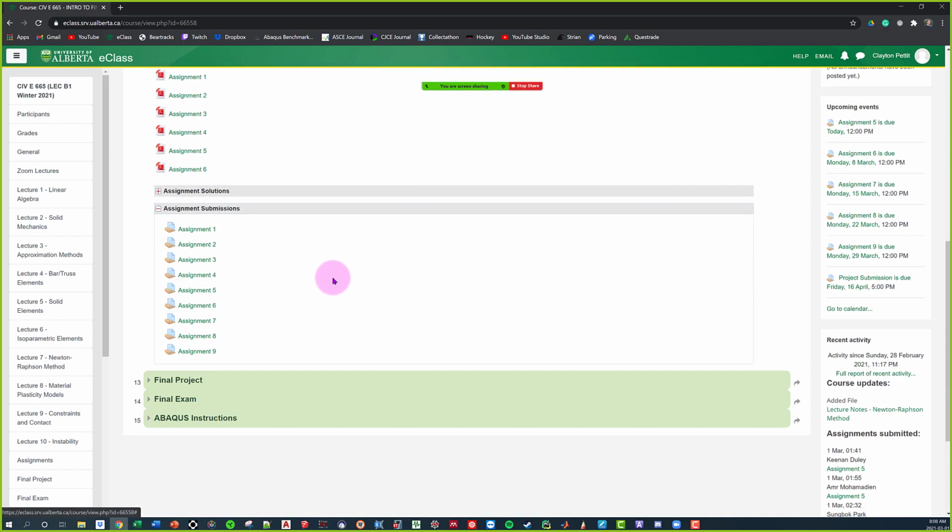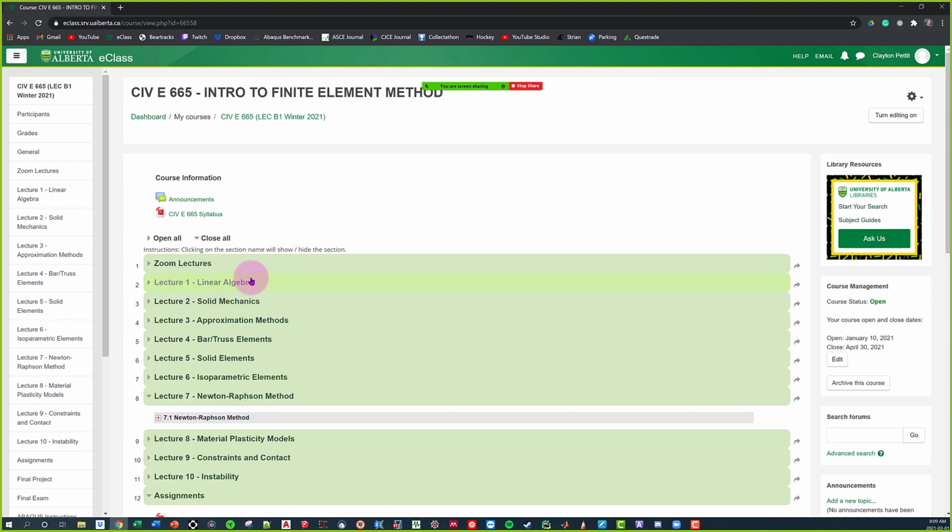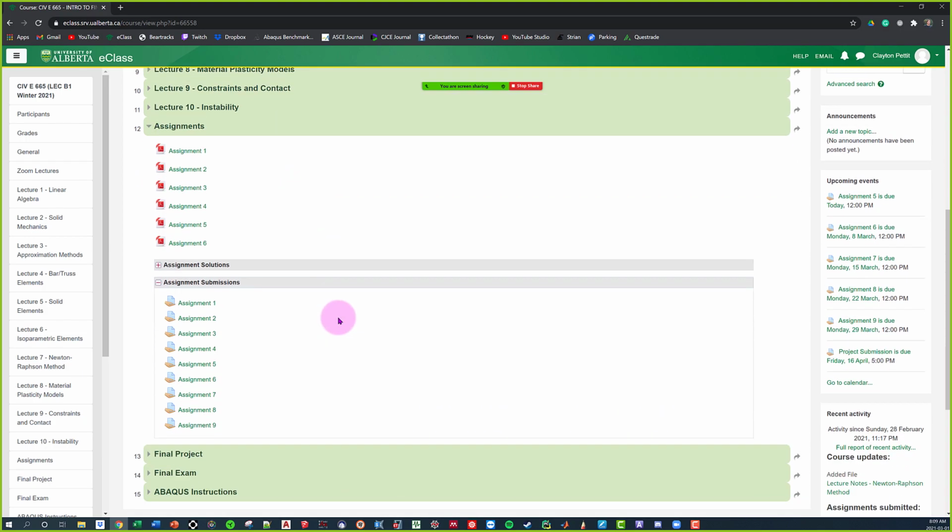So when we look at assignment submissions, we see that there is a total of 9 assignments. Now, this kind of always bothered me because, well, it's 9. It's like when you stop the microwave at even intervals, or you turn up the volume on a TV at even intervals? Well, that's what I like for my assignments, but the problem is because we were doing basically a review of linear algebra, I didn't really give you guys a linear algebra assignment because, again, it was just review. So that left us with 9 assignments, but I want 10 assignments.